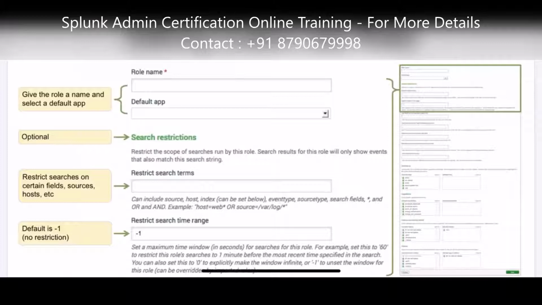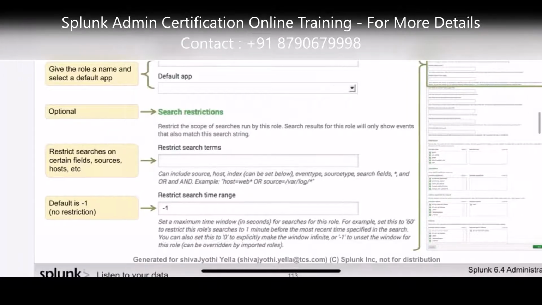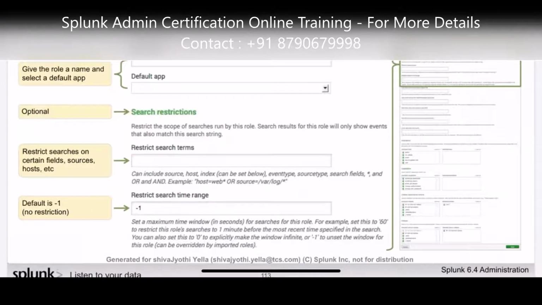But if you give a different default app, it will directly open that application when you first log into Splunk. This is optional. You don't need to give the default app, but if the users have any specification to open an app, then you can provide the default application.